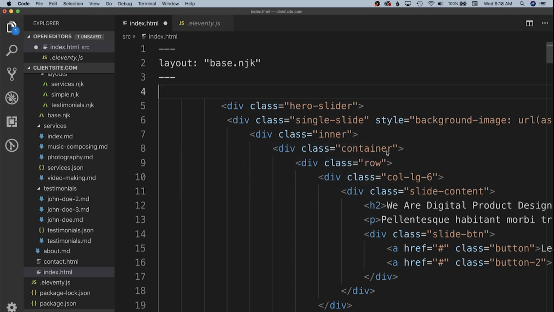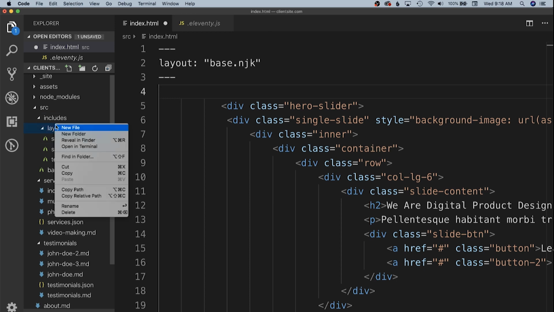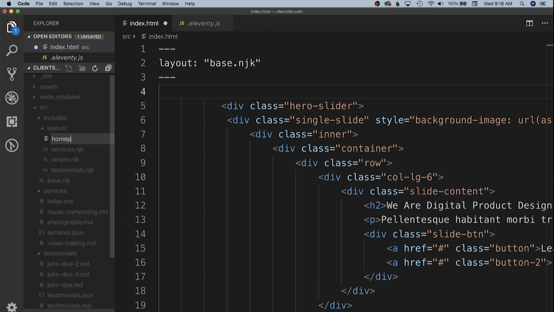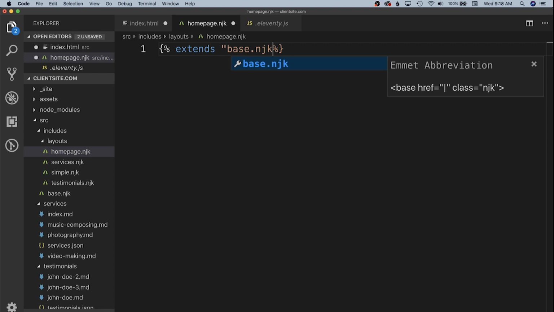As you can see here, we have an index.html page, and we're going to move most of this content into a new template that we need to create in our layouts directory. So up here in our includes layouts, we're going to go ahead and create a new file. We're going to call this homepage.nunjucks. And then we want to create an extension like we've done before. We're going to have it extend our base.nunjucks